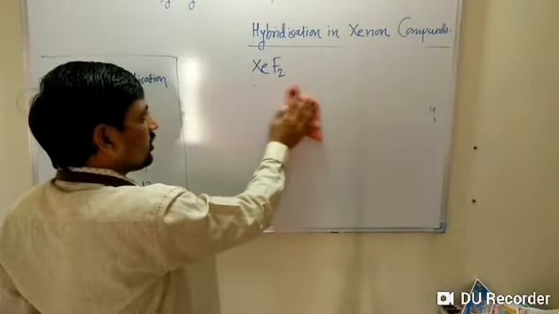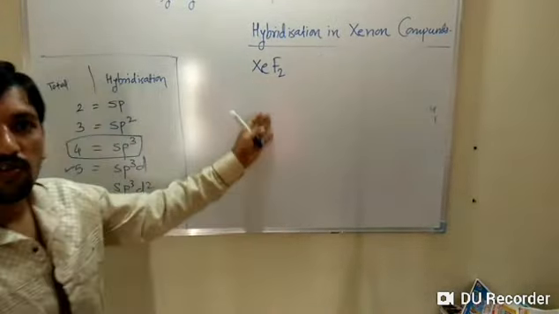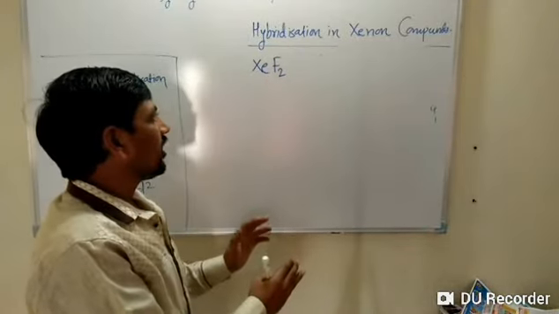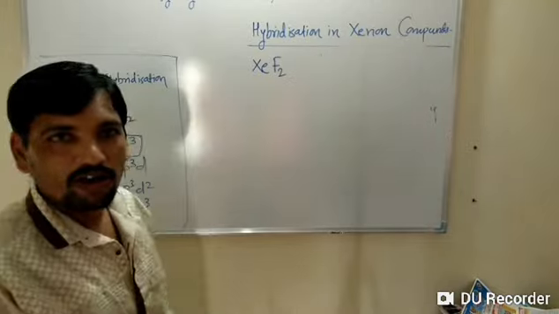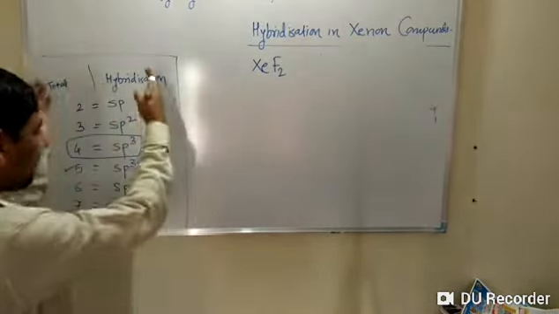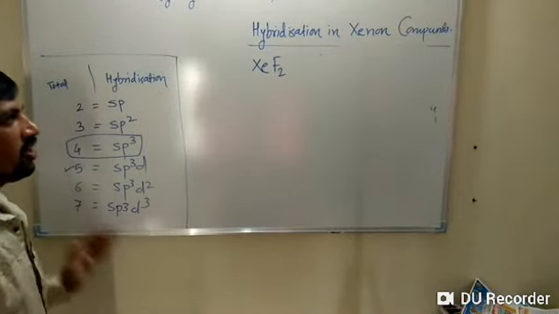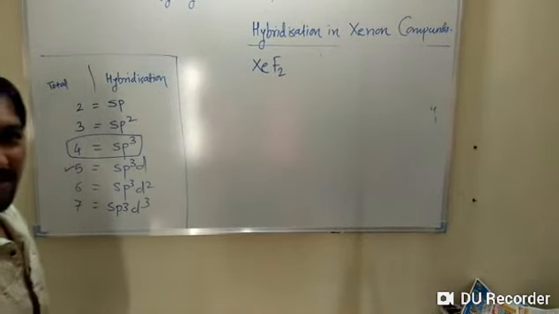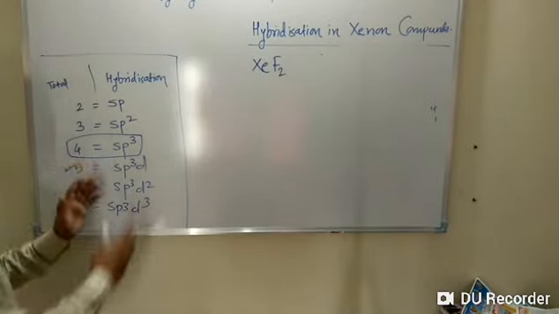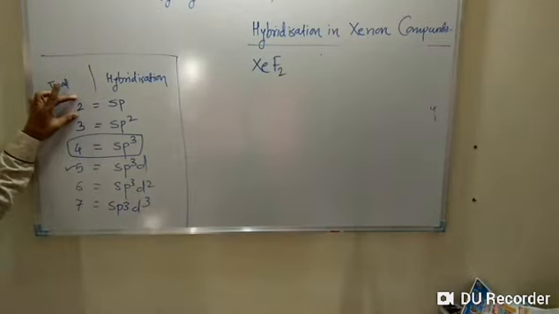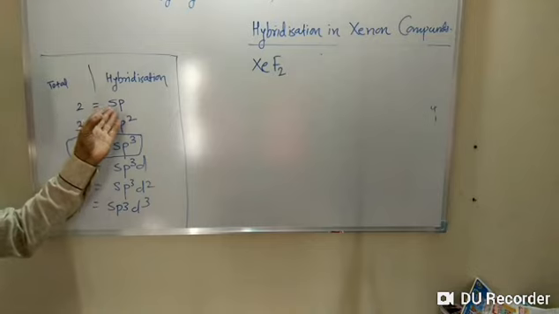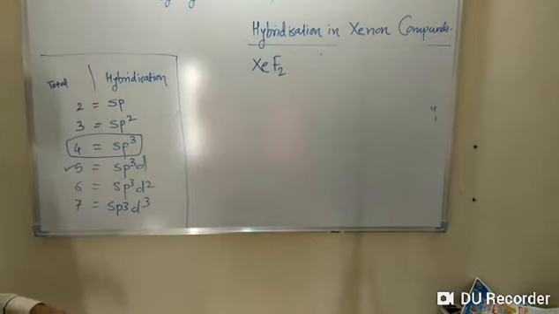The first molecule is xenon fluorides. In xenon fluorides, how will you identify the hybridization of xenon on the basis of valence shell electrons? This is the table. On the basis of this table, you can easily find the hybridization of xenon in any type of compound. You have to learn this table. If the number is 2, then you can easily identify that the hybridization is sp.